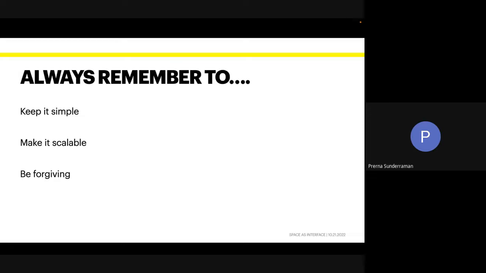Second one is make it scalable. So think of the time when you maybe went into a home with the intention of maybe buying it, or think of the home that you grew up in with your parents.